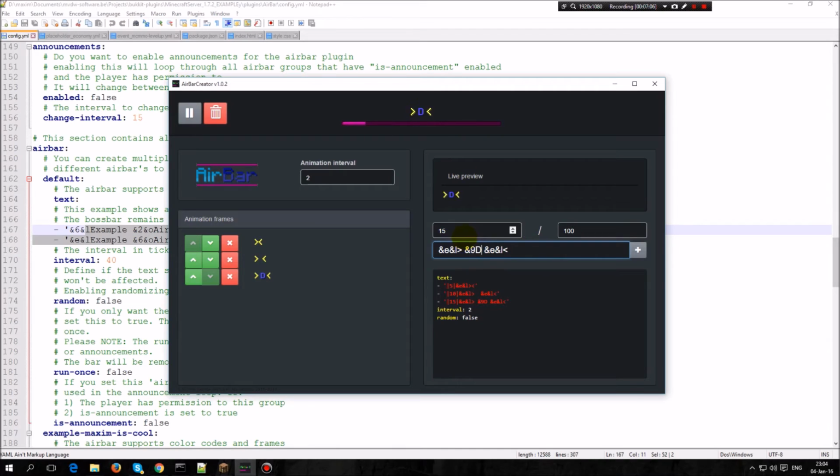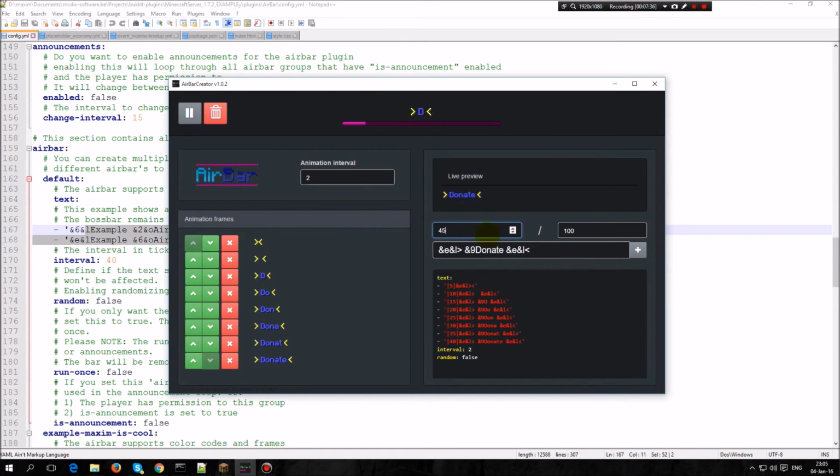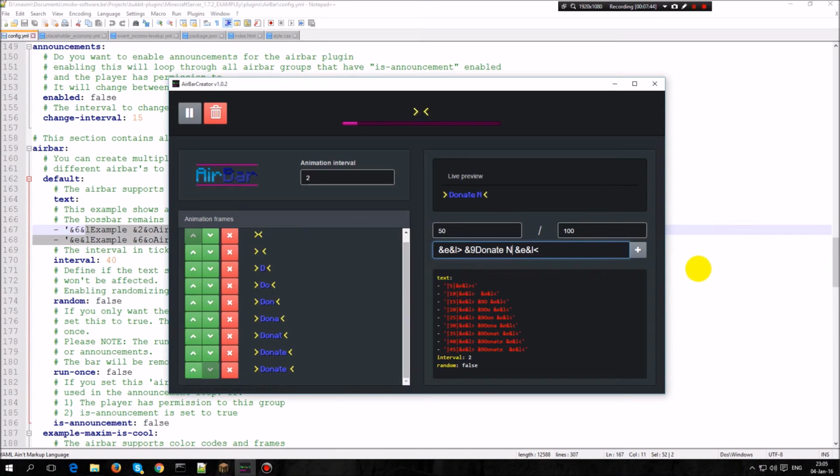The 5, 10, 15, 20, 25, down, 30, 35, donate, 45, space, never forget the spaces, donate, and 55,